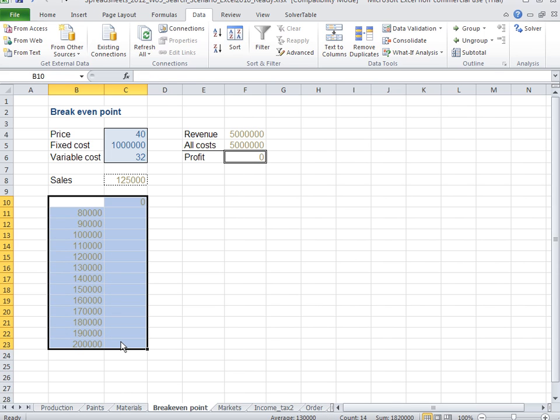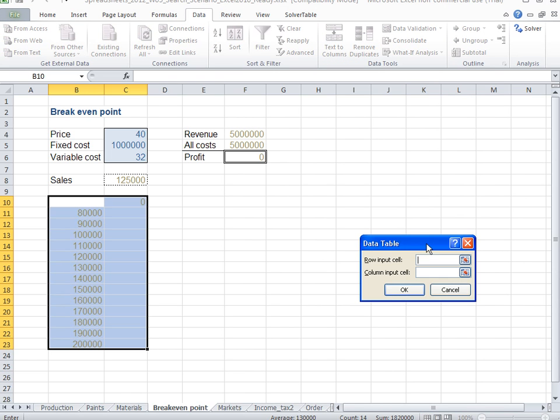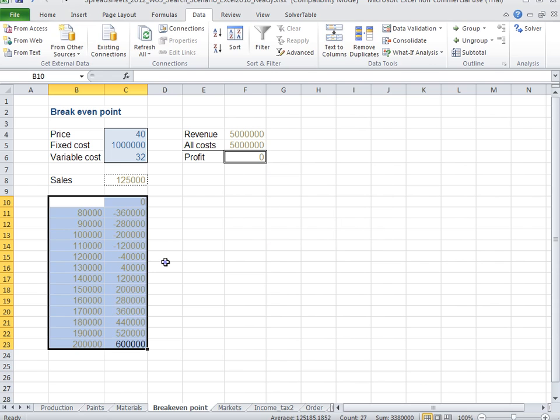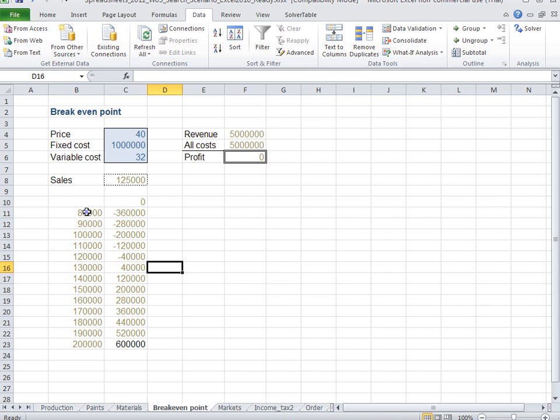and do data, what if analysis, data table. We will now select, since these numbers here are in a column, this is called column input cell. So we will select column input cell and tie the data table to that sales number, C8, which will be $C$8, and click OK. And what Microsoft Excel does in this case, it takes all these sales numbers one by